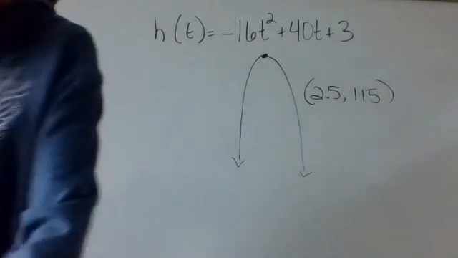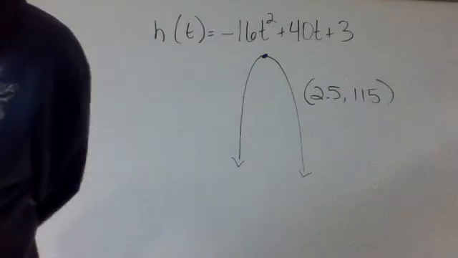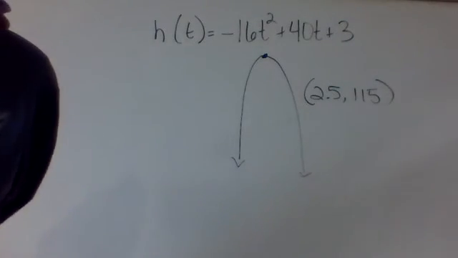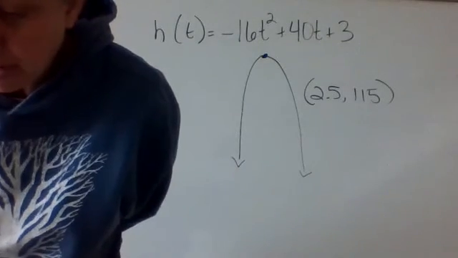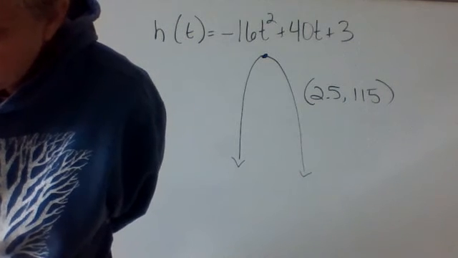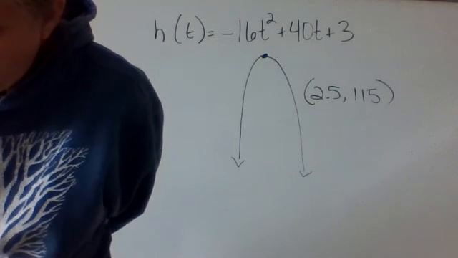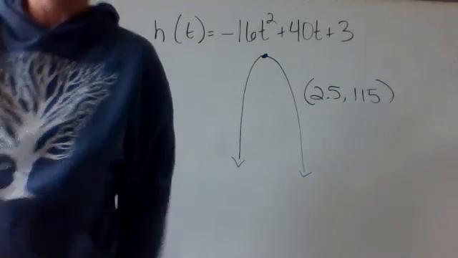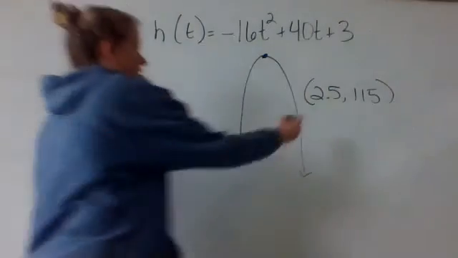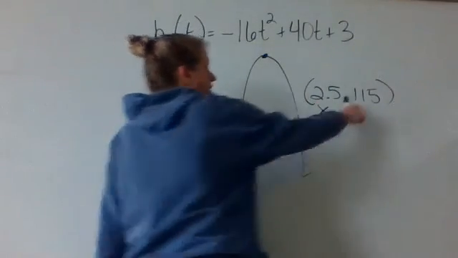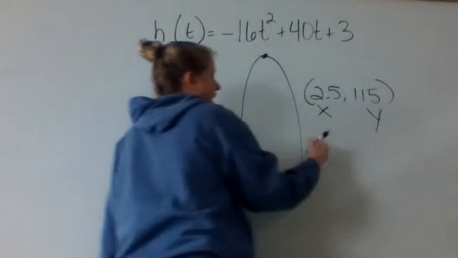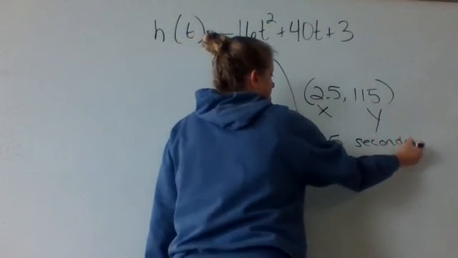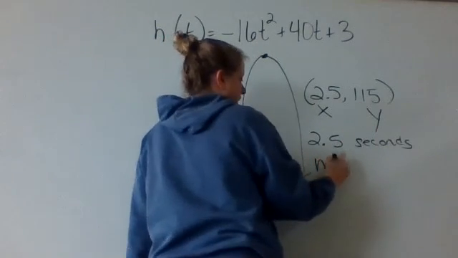So here are the two questions. It wants to know the rocket reaches its maximum height at blank seconds, and the maximum height reached by the object is how many feet? So that's how long it took it to get there, and here's its maximum height. So it took 2.5 seconds to reach the maximum height of